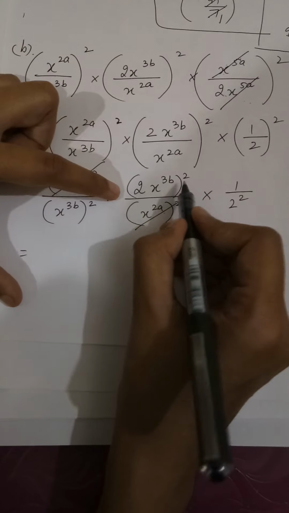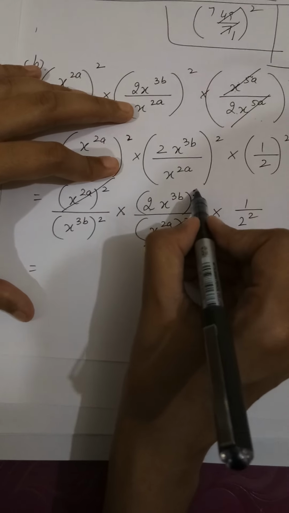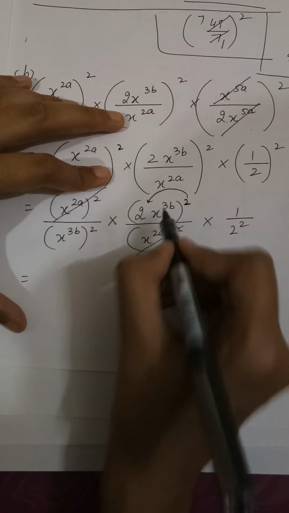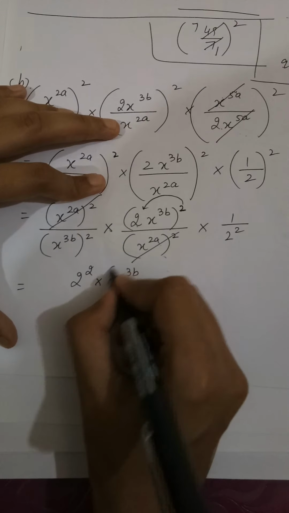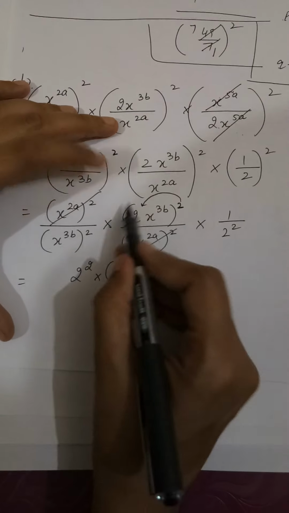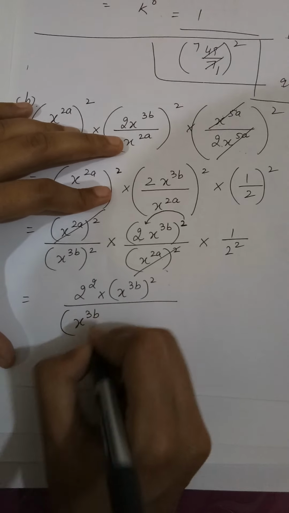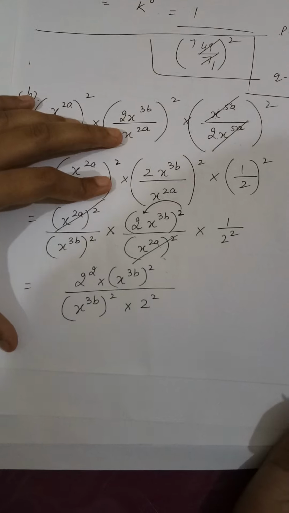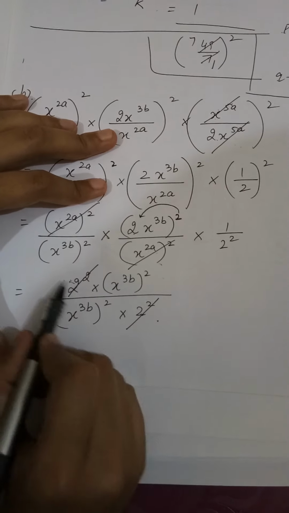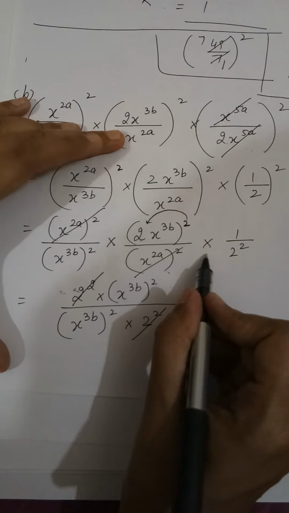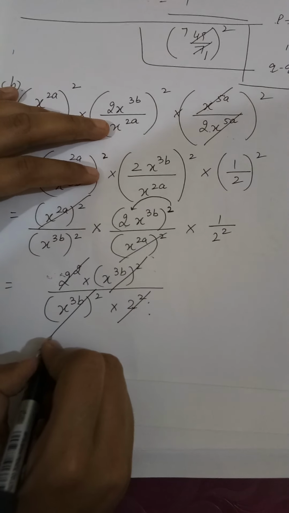Now the next, if these two numbers are there, I am going to take the powers along each of these numbers. 2 square into (x to the power 3b) whole square, right? I have opened up the power. Next, upon what is left in the denominator, (x^3b) square into 2 square. Now 2 square cancel because they are same, and you can cancel like this only if you are having the sign of multiply. Cancelled. Then (x^3b) whole square cancelled.